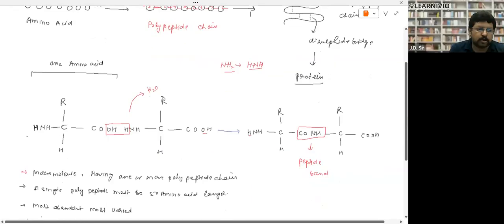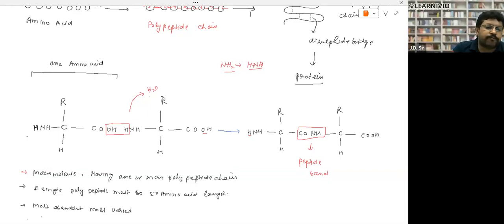Okay, fine. So now I want your 100% focus over here. Try to understand the structure of an amino acid. This is one amino acid molecule. This is the structure, a carbon compound. This is the amide group, NH2. This is hydrogen, and this is the carboxylic group, COOH. Here you can see R.